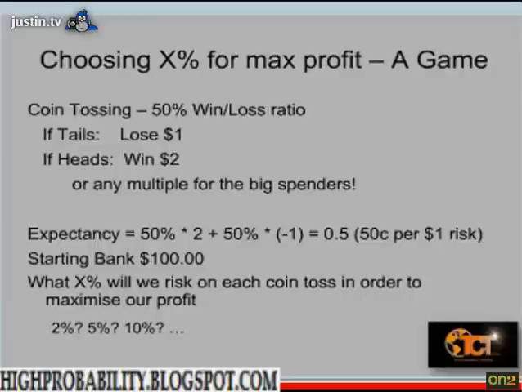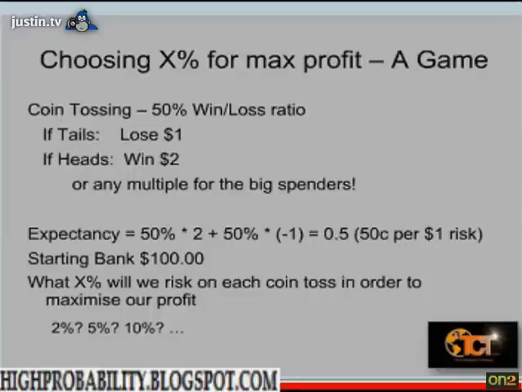And your winnings and your losses are magnified to the same extent. Now, expectancy is a Van Tharp term. Van Tharp was one of the references at the front of the presentation, and it's defined purely as the average expectancy that you can get per dollar of risk that you take in a system.